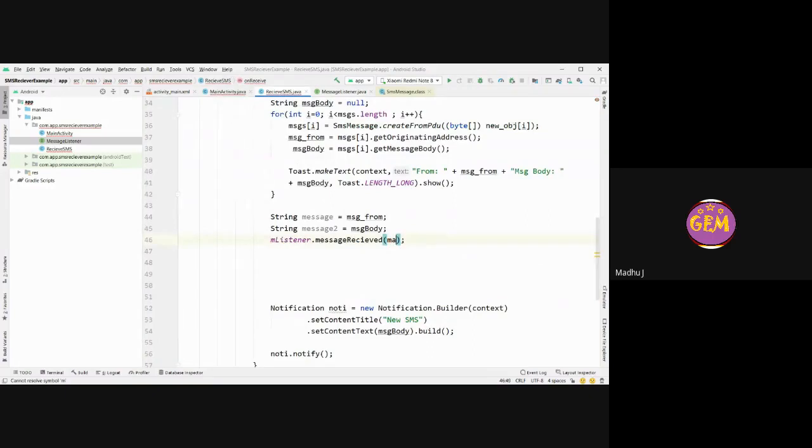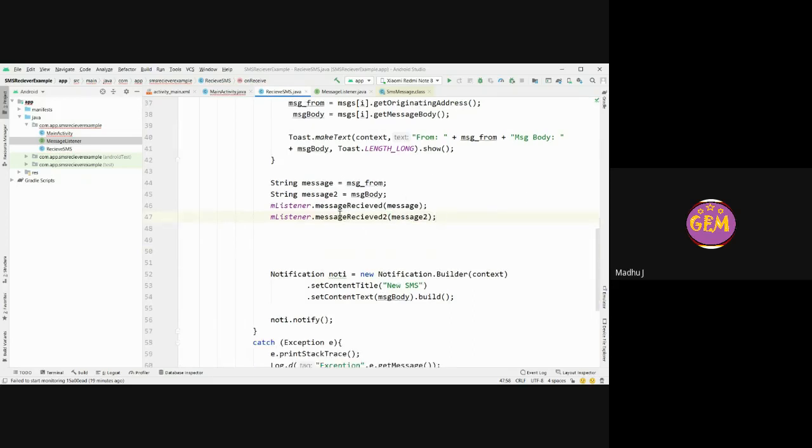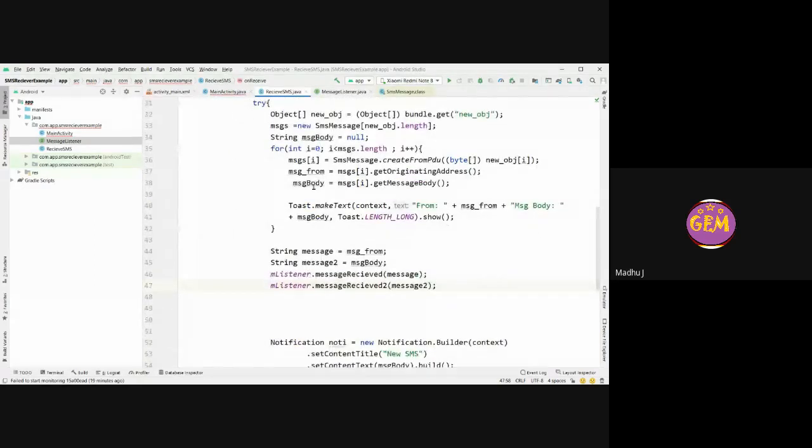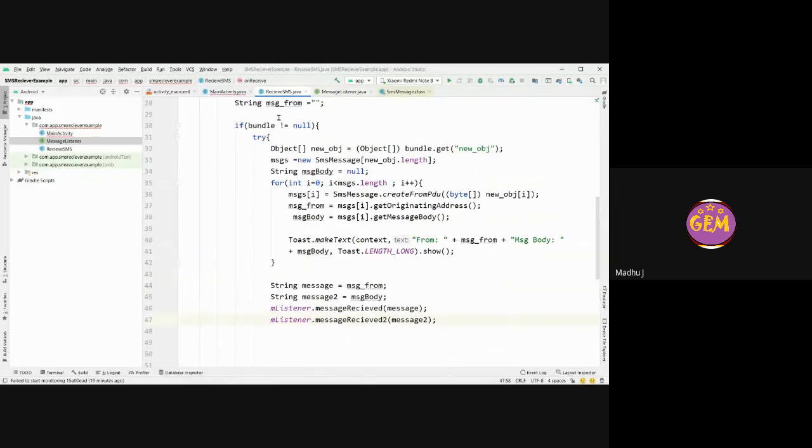So we will set the first one as a message, and I'll copy this and paste it here. Then I'll just say this is not message received, this is message received 2, the second method which we have in our interface. So I'll set it to message 2. So we have successfully passed our message and the phone number from our receive SMS class to our message listener